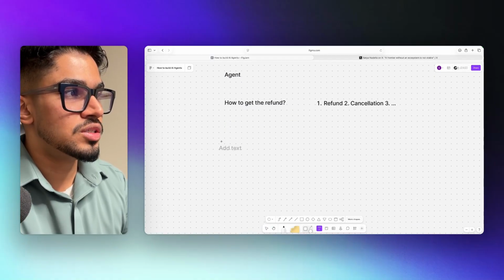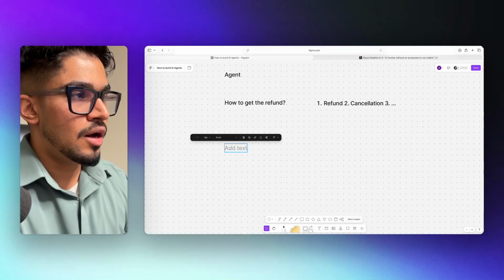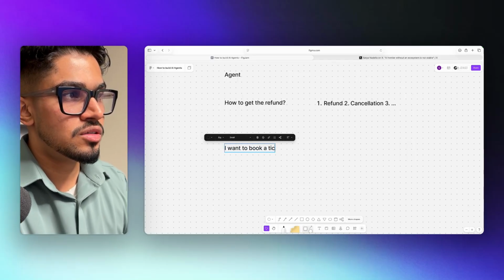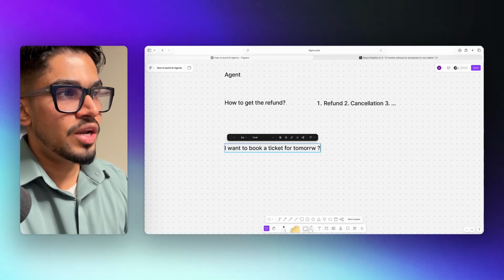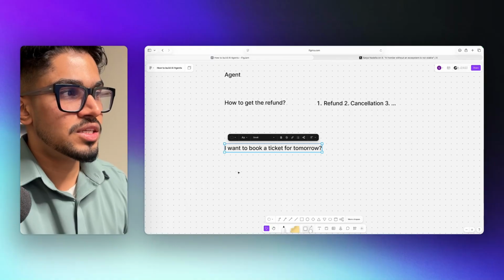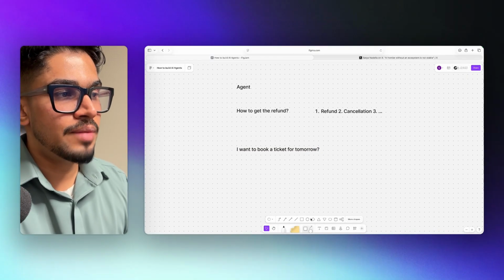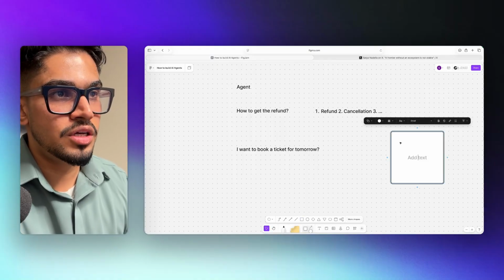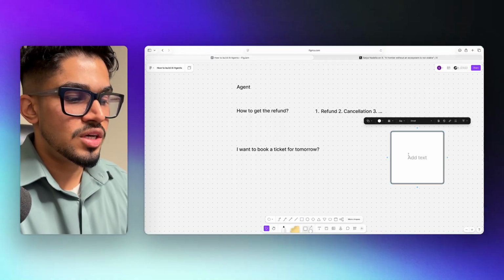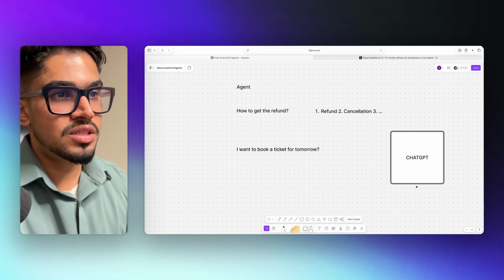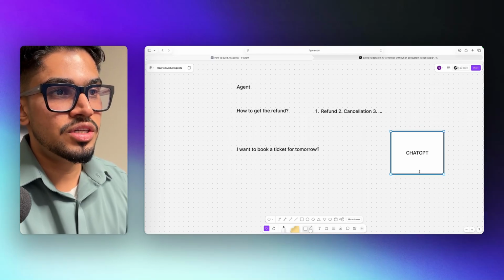Let's say you have a question. Let's say your question is that I want to book a ticket for tomorrow, right? Maybe the computer will not be able to understand it, but LLMs can. And what is an LLM? LLMs are basically all of these models that we have in the market, right? You can say ChatGPT, for example, is an LLM that you can use, which can interpret